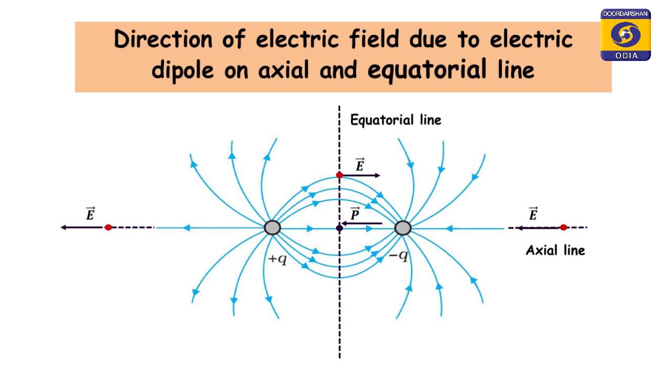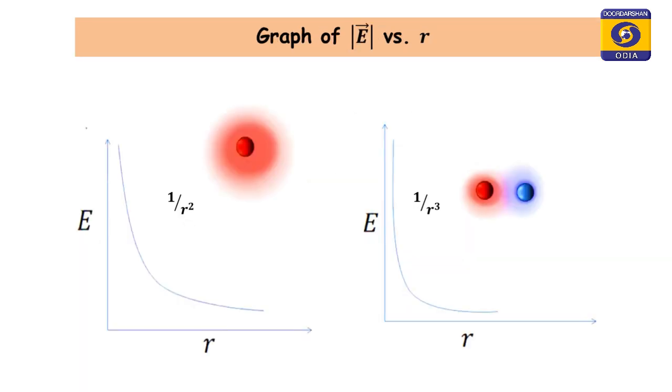So, the graph will be like an exponential decay curve, and the decay curve should not touch the x axis and should not be parallel with the x axis, but in a decreasing way, okay. So, this is the graph for E versus r for a point charge, as E is proportional to 1 upon r square. But in case of a dipole, E is inversely proportional to r cube, that means E depletes faster in case of a dipole than a point charge. So, the decaying curve will be steeper, okay. So, these are the graphs for E versus r.